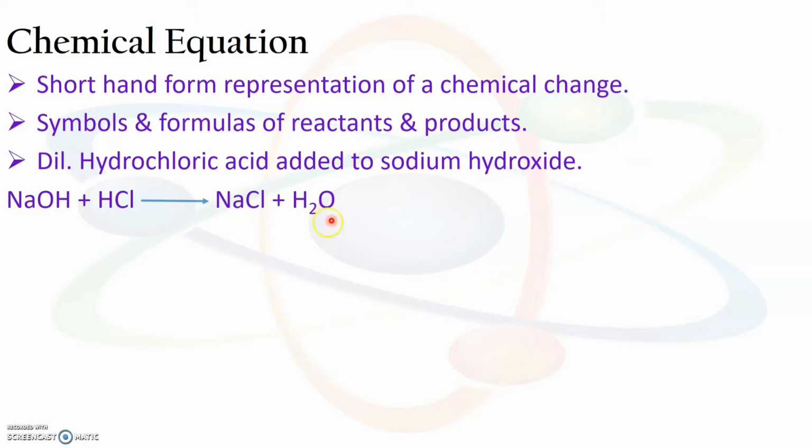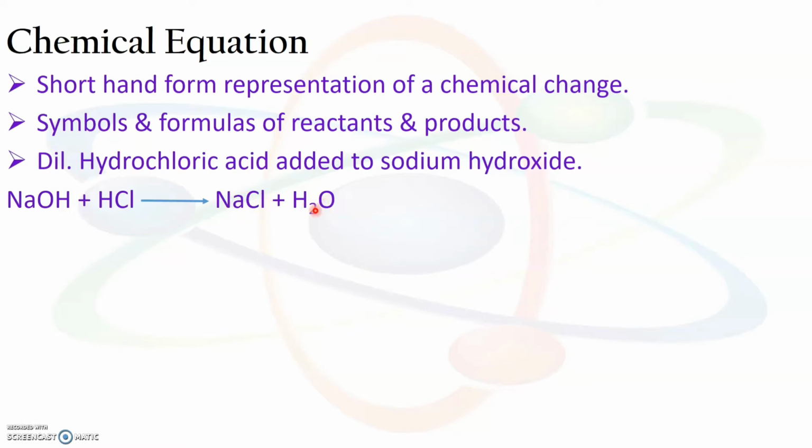So this simply means that hydrochloric acid is added to the compound sodium hydroxide, which forms the product sodium chloride along with water. So this is represented as NaOH plus HCl, and this indicates an arrow, that is, it shows the direction of the reaction, which gives the products NaCl plus H2O. So here we see that the reactants hydrochloric acid and sodium hydroxide react to form the products sodium chloride along with water.